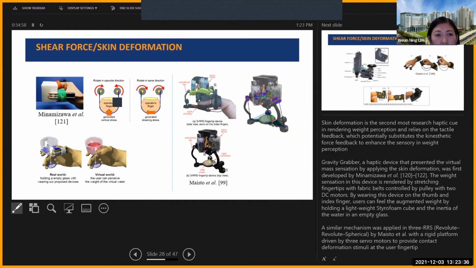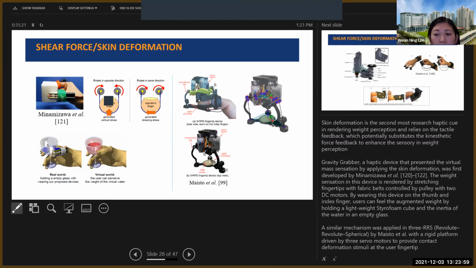If you look at the mechanism, the weight sensation is actually rendered by a stretching fingertip with a fabric belt controlled by a pulley with 2 DC motors. By wearing this device on the thumb and index finger, the user can feel the augmented weight by holding a lightweight styrofoam cup, and can feel the inertia of the water in an empty glass as well.